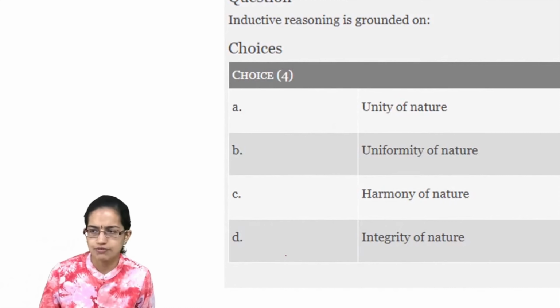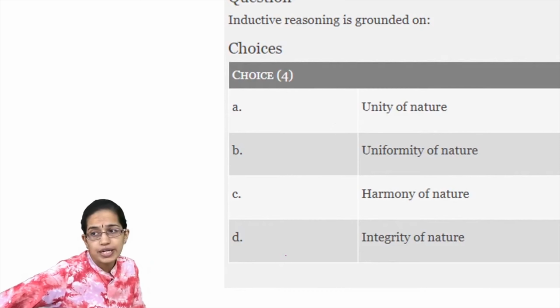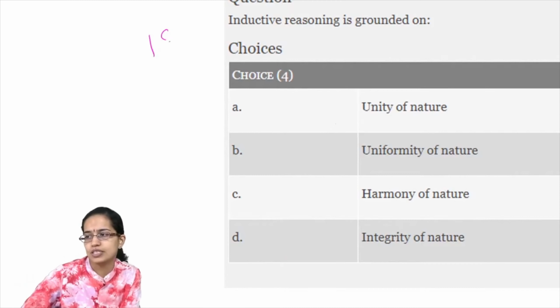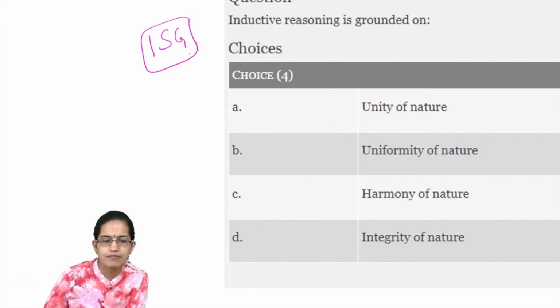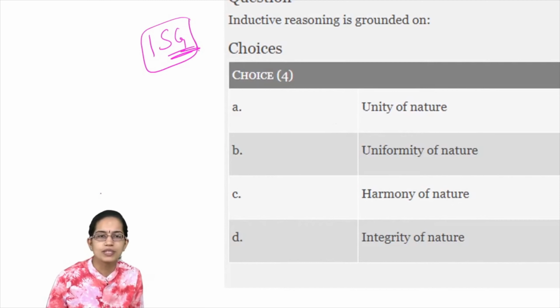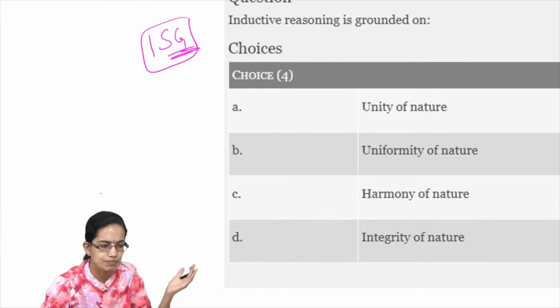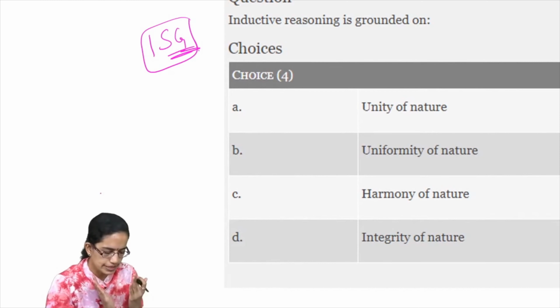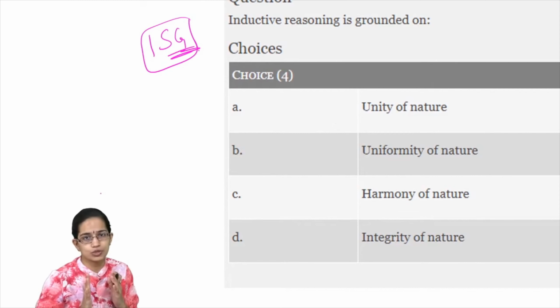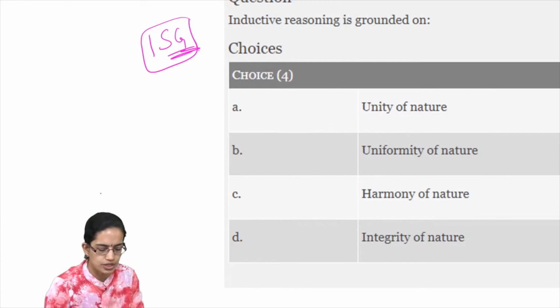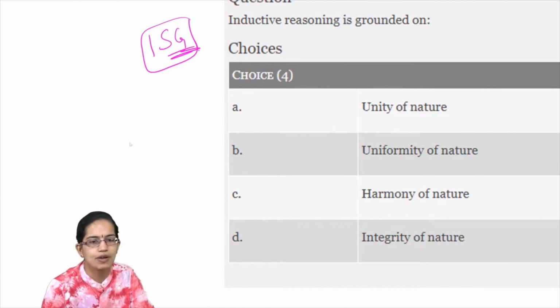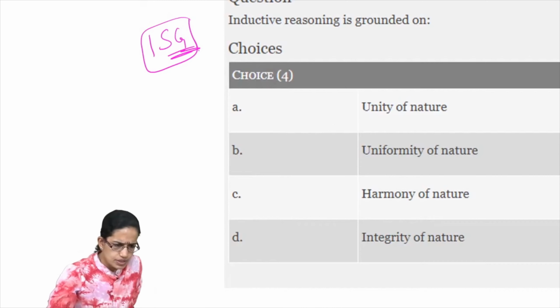The last question that we would be discussing today is about inductive reasoning. As I said, inductive reasoning focuses on specific to general. When I say specific to general, I'm trying to make this concept a uniform concept, as simple as this. So whenever we focus on the inductive approach, we focus on uniformity of nature. And this was propounded by Hume in his solutions to the problem of induction.